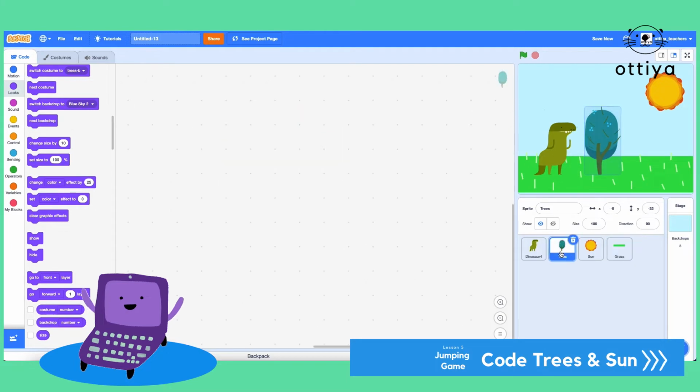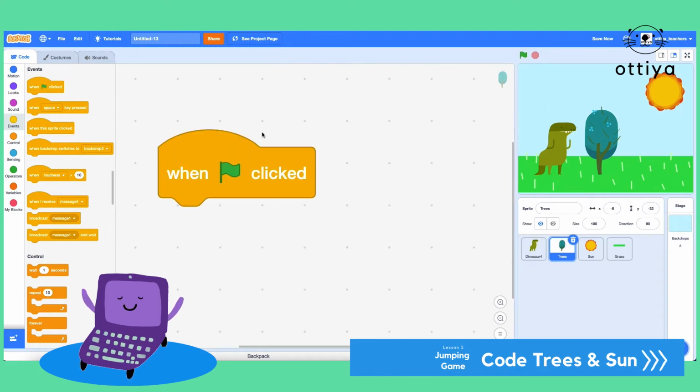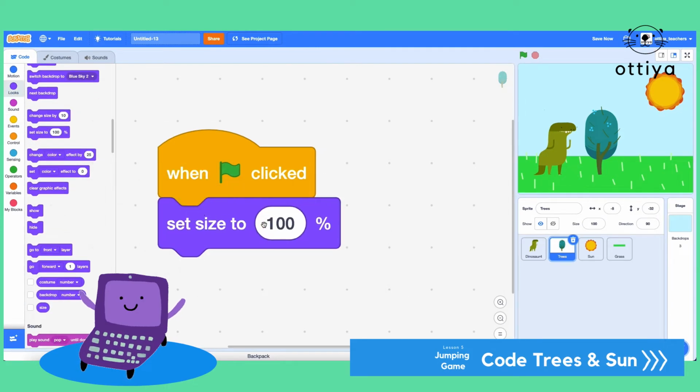I'm gonna click on the tree and I want to make it a little bit smaller. So when green flag has been clicked, let's make the size how about 40%? Okay, so that's a bit smaller. And